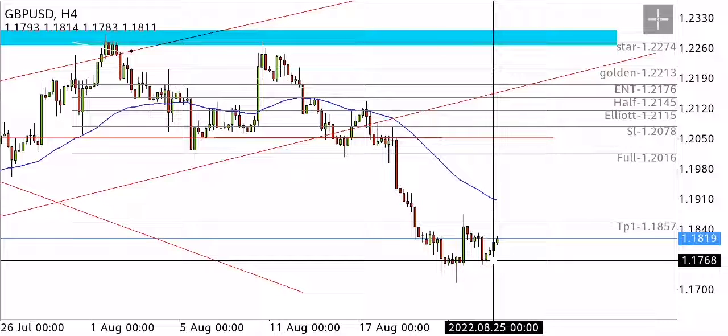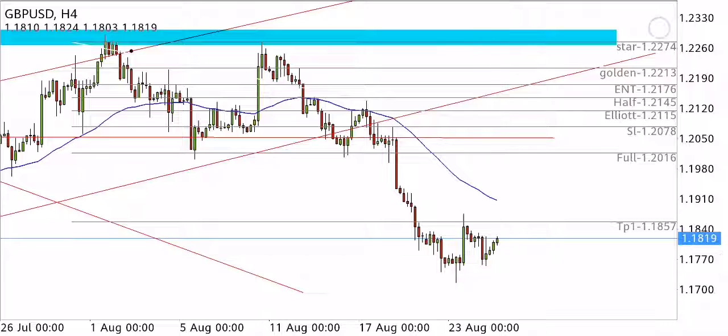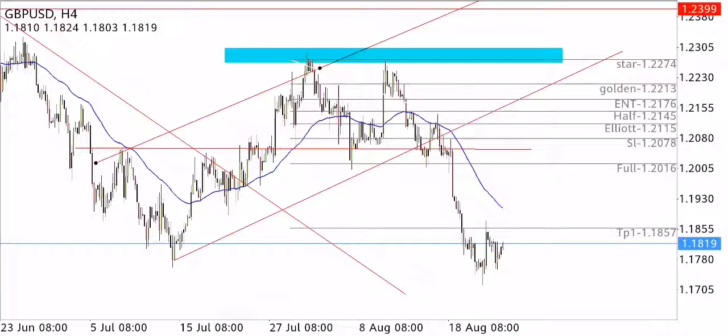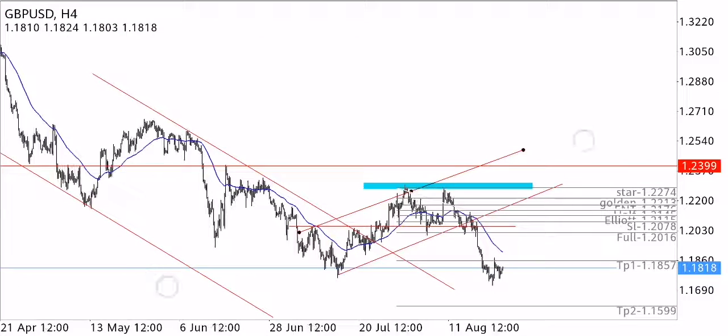1.1760 level, because maybe the market continues to perform in the bearish direction and heads toward the 1.1500 level, because this is a sluggish breakdown in the GBPUSD currency pair from the 1.20 support level. So according to my suggestion, the major trend of the GBPUSD currency pair is bearish, and our next target is